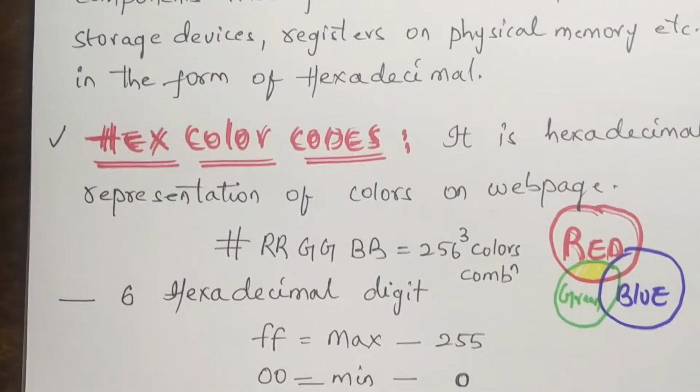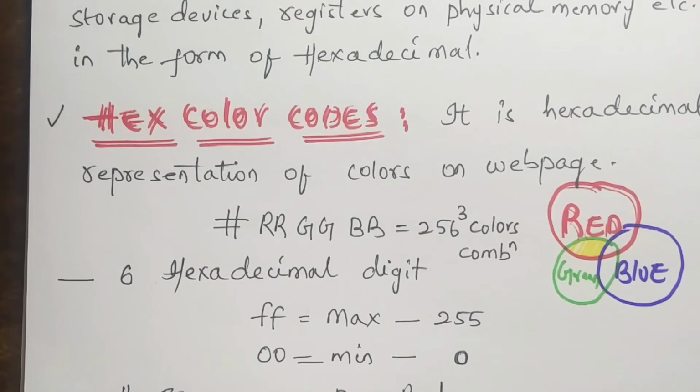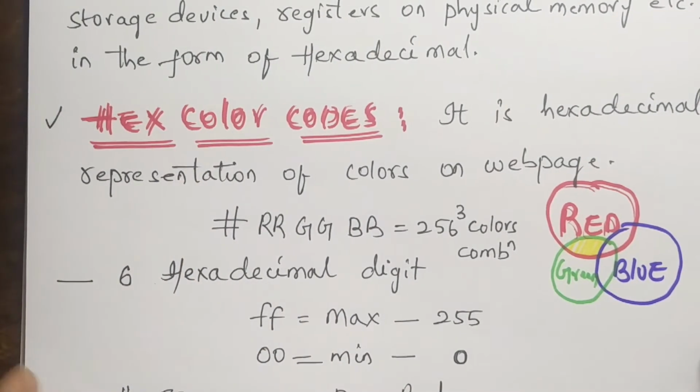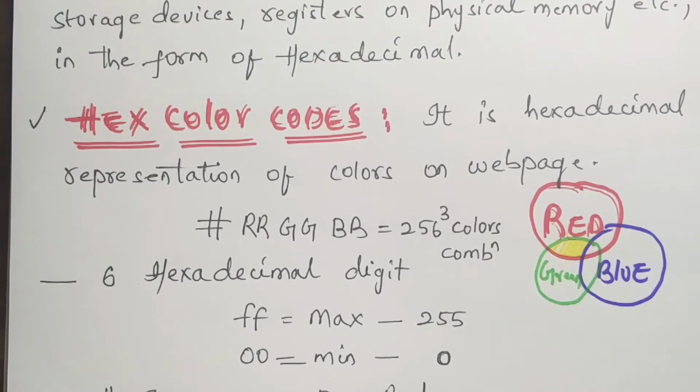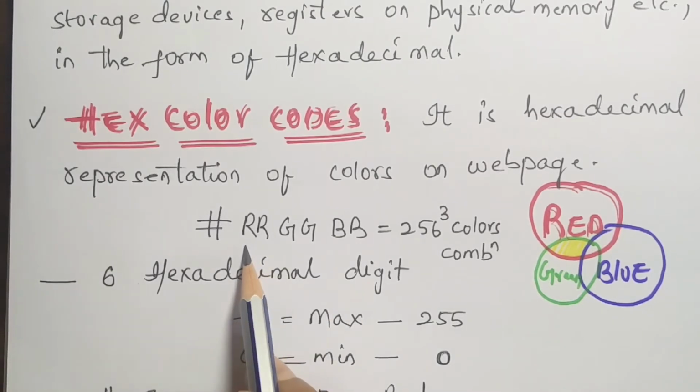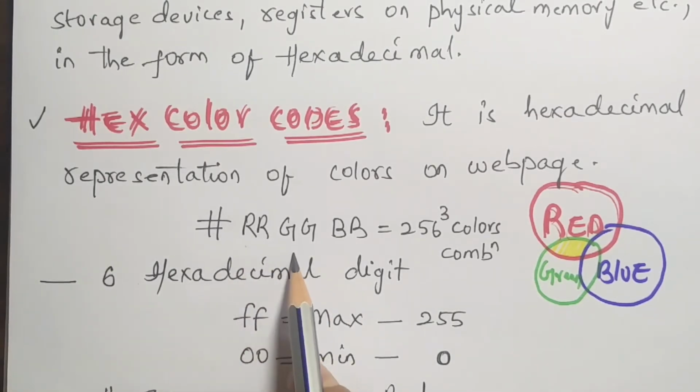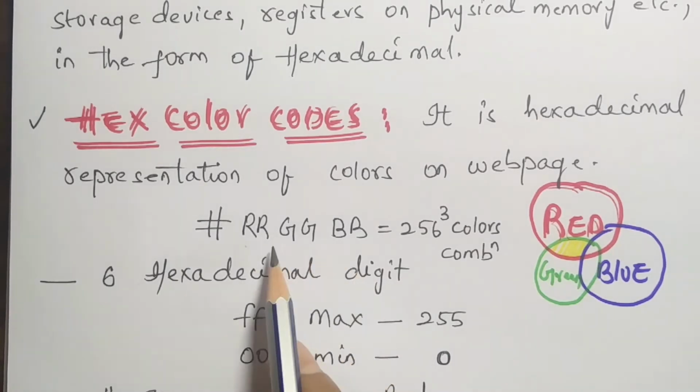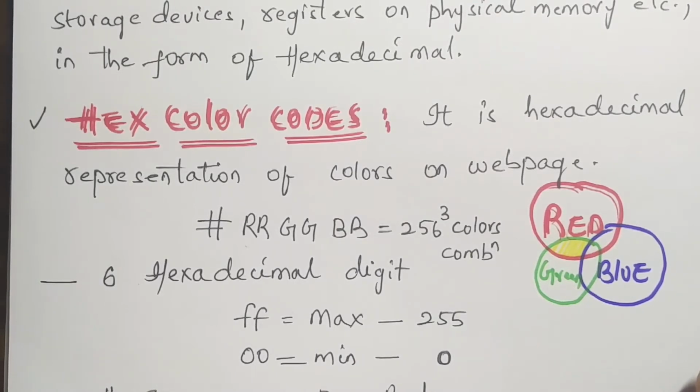And we also see hexadecimal numbers in hex color codes, also called HTML codes or CSS color codes. Hex color codes can be represented in 6 hexadecimal digits. As you can see here, the first 2 digits will represent red, the next 2 green, and the next 2 blue, because red, green, blue are the primary colors. By perfect combinations of these 3 colors, you can create a new color, or you can give a certain shade to a color.